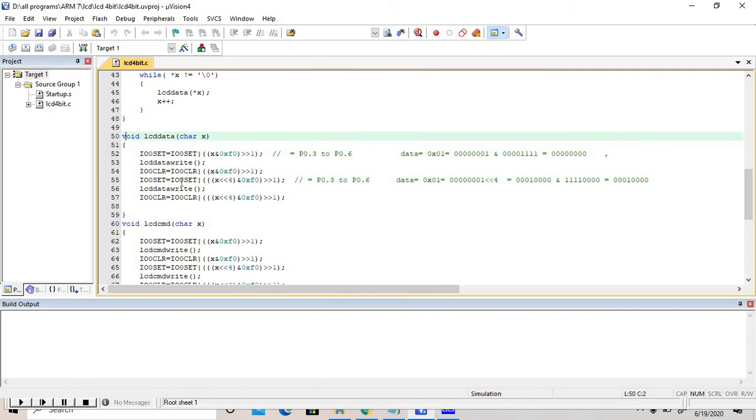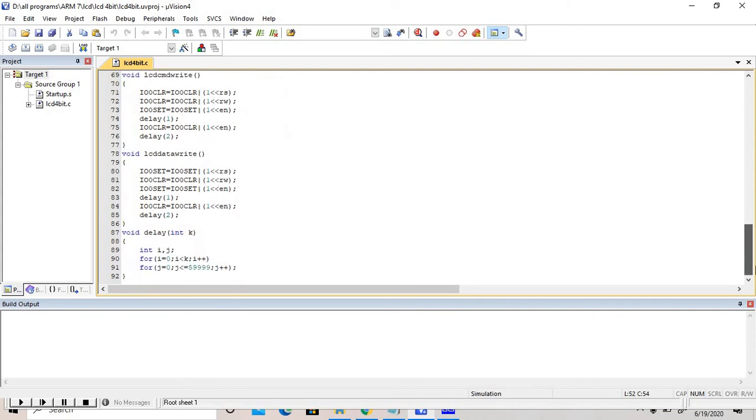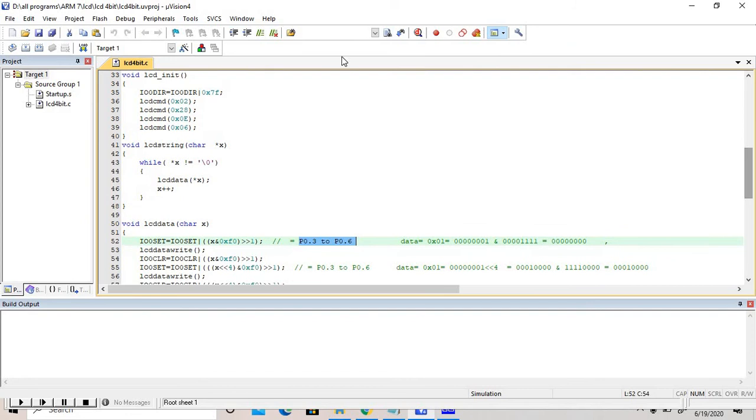In the case of data, suppose we have to work on data lines in 0.3 to 0.6. Suppose we work on the first data. What is the first data? Suppose our first data is 0x01, clear display screen. Suppose this is our data, we are sending some data. Suppose we have to use 02 or 01, any command. Suppose we have to use 01. 01 is for clear display screen. Okay, 0x01 means this one,